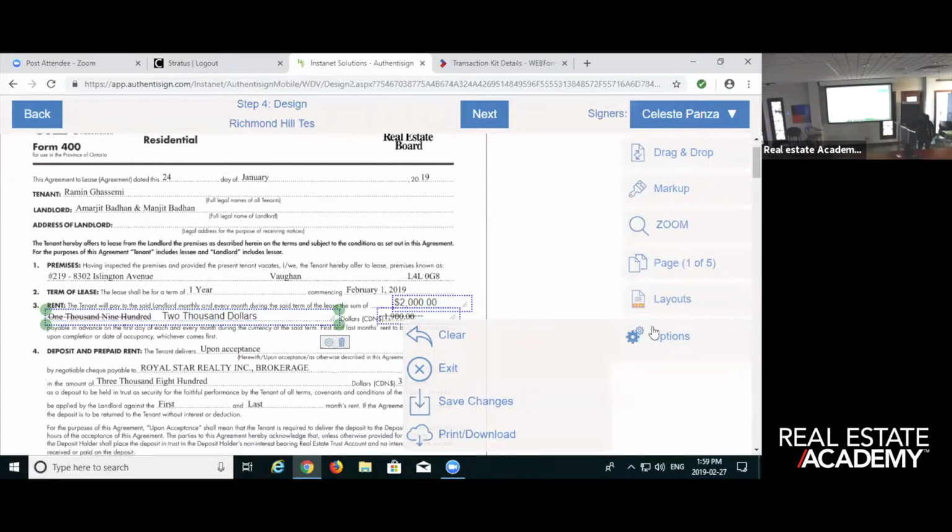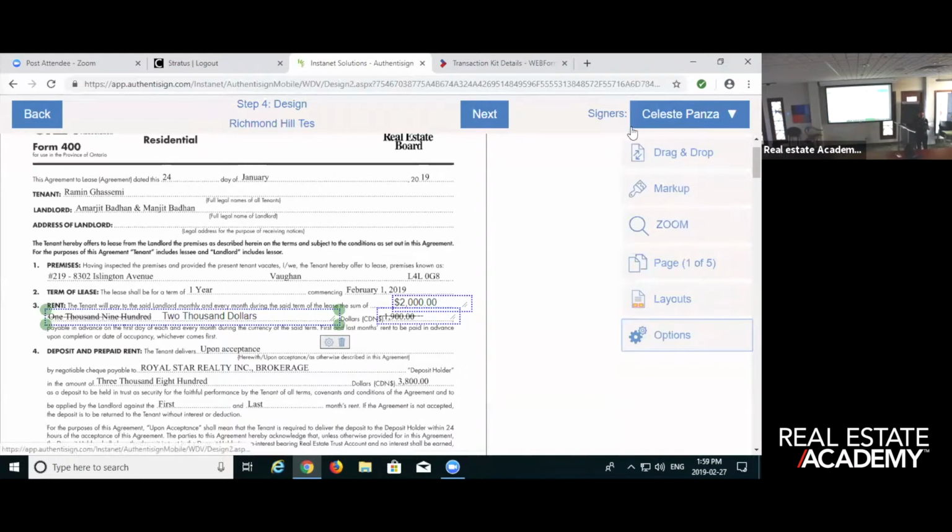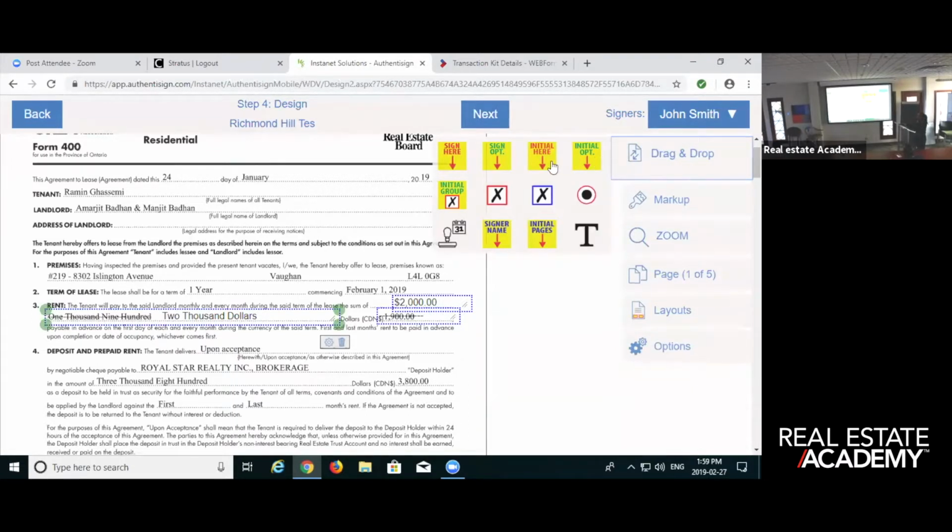So right now, I'm going to have to place my client's signature, okay? But it's still on me, so I have to change it. Click here, go to John Smith, click on my drag drop box, and I need the initial. I have to initial the changes, and I have to initial the actual page of the document. So I'm going to drag the initial here to my one change, the initial here to my second change, and